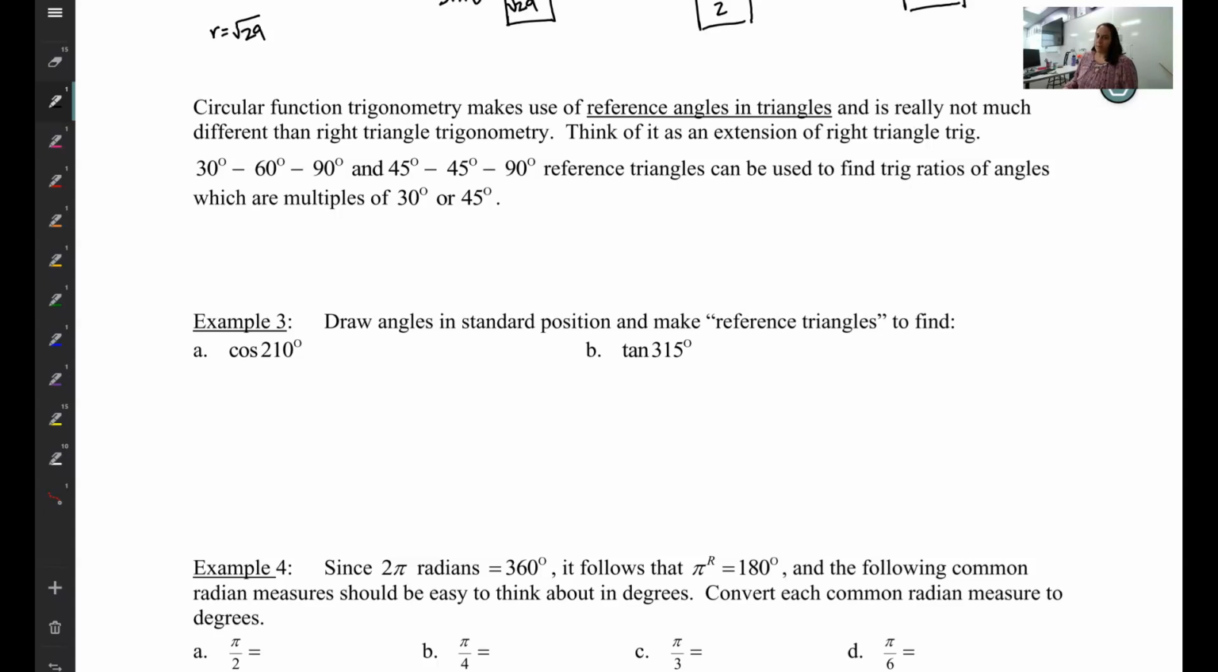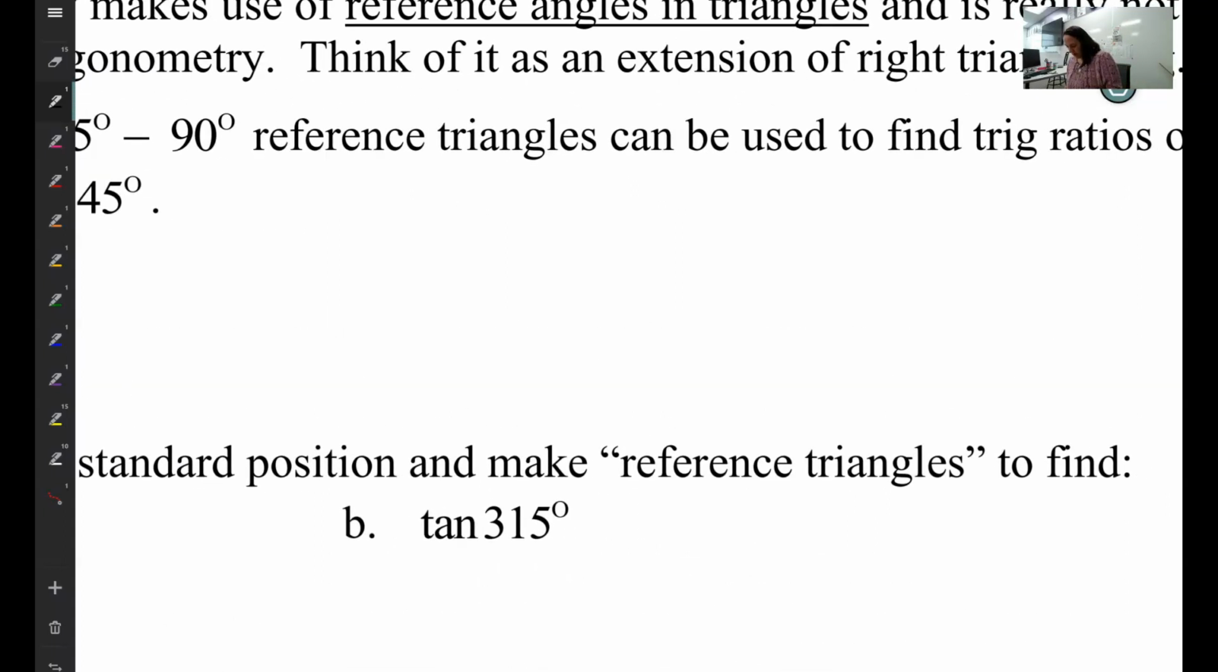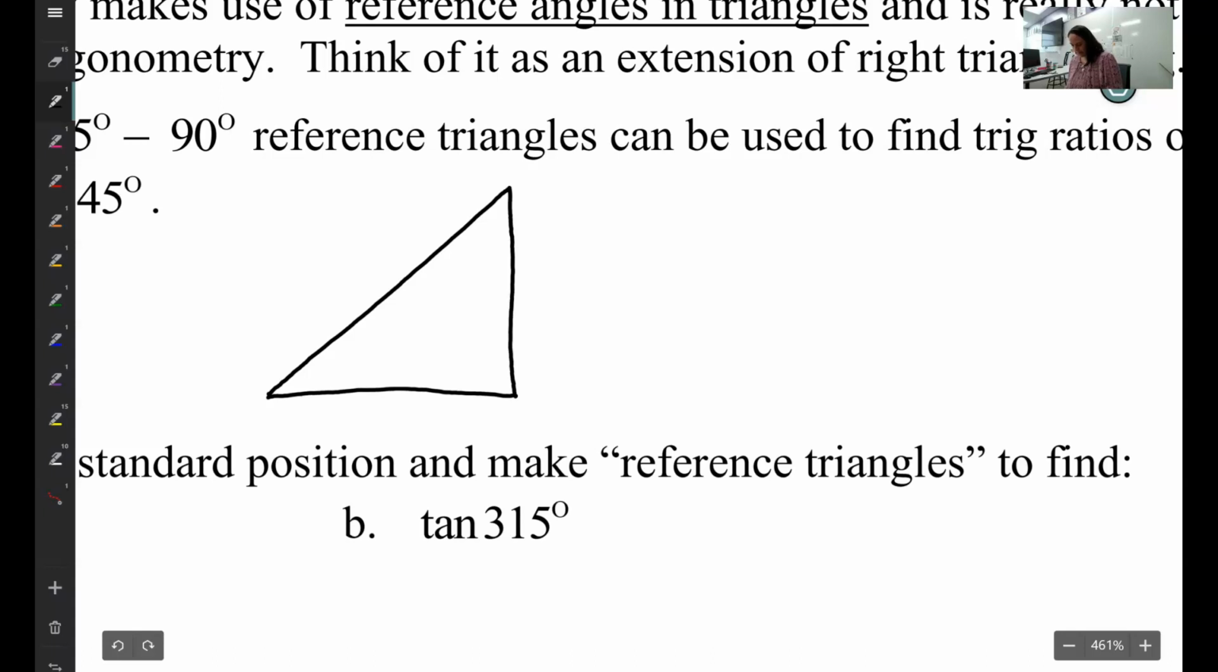Now let's talk about special right triangles. There are two special right triangles, and you really should memorize these. So let's draw them right here. First one we have is a 45, 45, 90. I'm going to label it 45, 45,